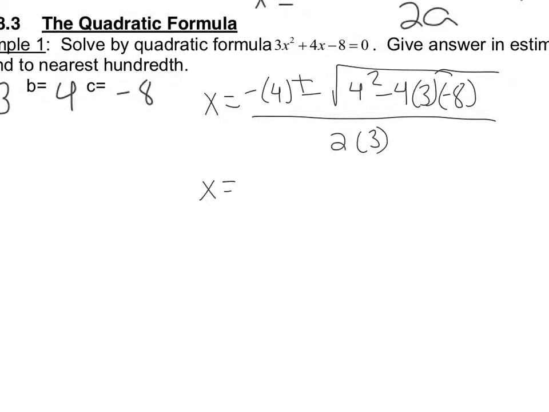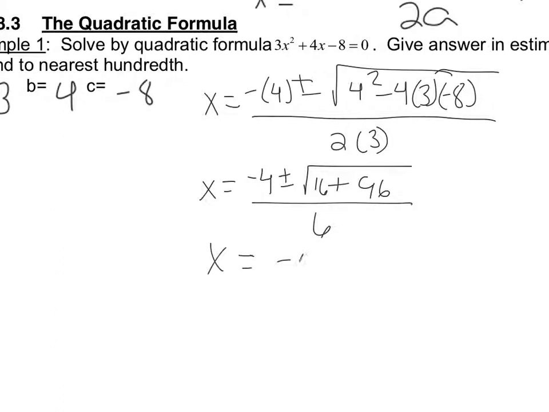So x equals negative 4 plus or minus the square root of 16 plus 96 over 6. So you get x equals negative 4 plus or minus square root of 112